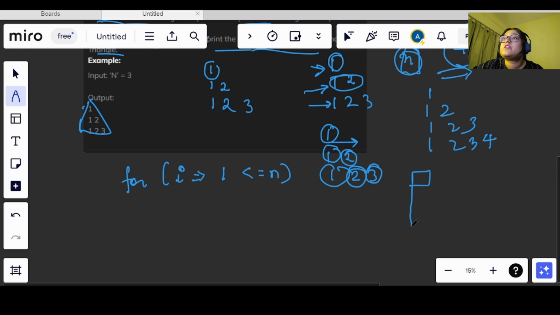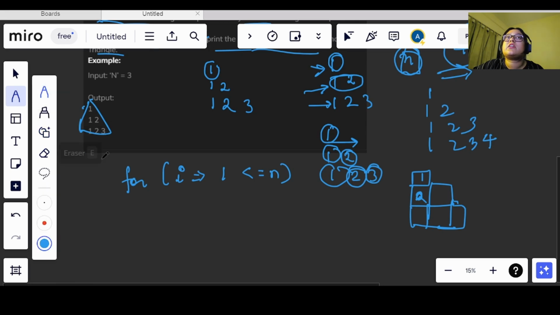Let's consider this as a matrix. So what we are doing, j is filling the cells in such a way that every time the value is starting from 1. If the row value is 1 here, then only one value is printed here. Here the value of row is 2, so only 2 values are getting printed here. Here the row value is 3, so from 1 to 3 it is getting printed, right? So every time the j value is starting from 1 and it is going to less than or equal to i, right?